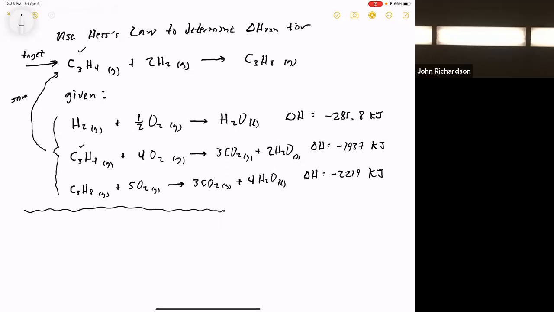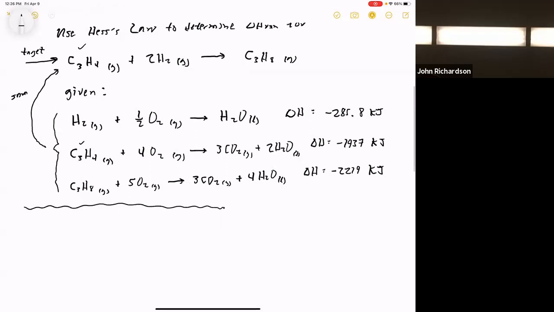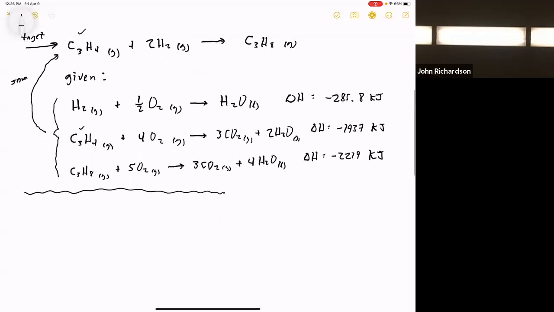Now notice that it shows up in the given reaction as a reactant, okay? Notice that it's also a reactant in the target reaction. Notice that in the target reaction, I need 1 mole of it. Notice also in the given reaction, I also have 1 mole of it. Okay, so what that means is when I get down to my summation here, I'm going to rearrange and